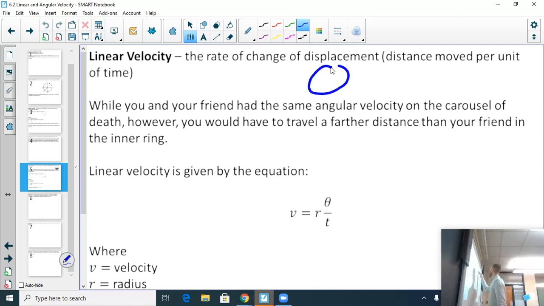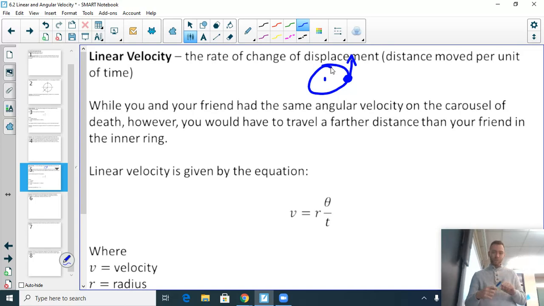So if you're on a circle and you're spinning around, your velocity is straight to where you are. And when you think of linear velocity, you can basically just think of speed, like your actual speed. And that is going to be more the farther you are out on that circle, right? Because then you have more distance to cover going around in the same amount of time as someone does in